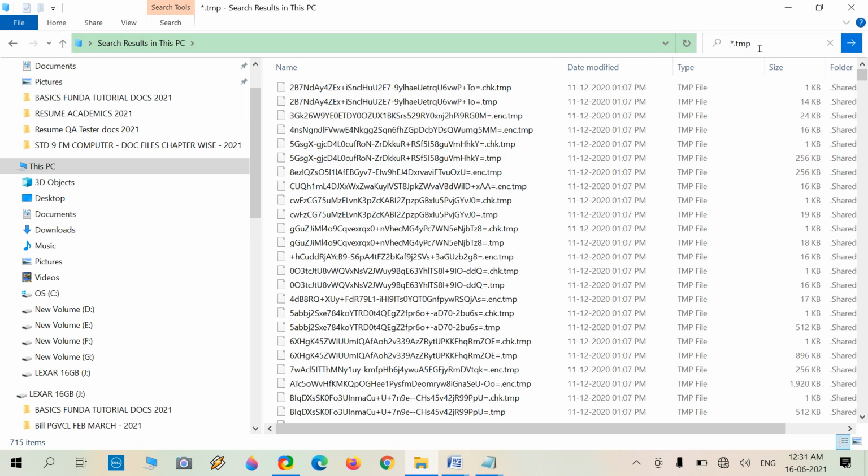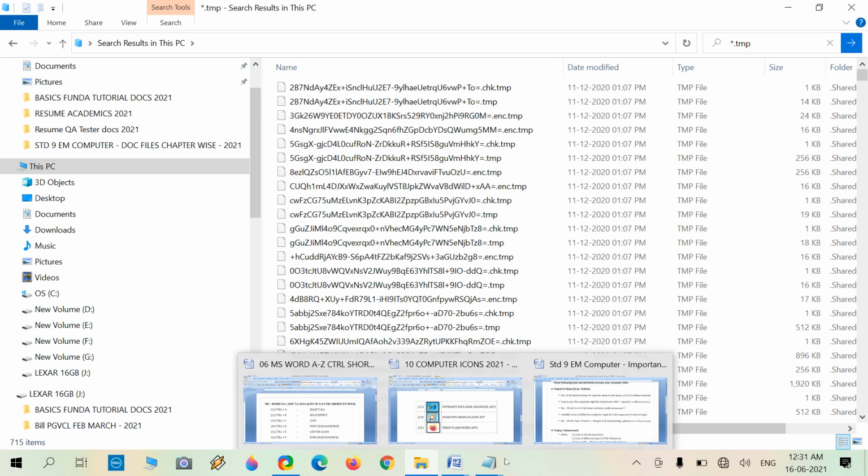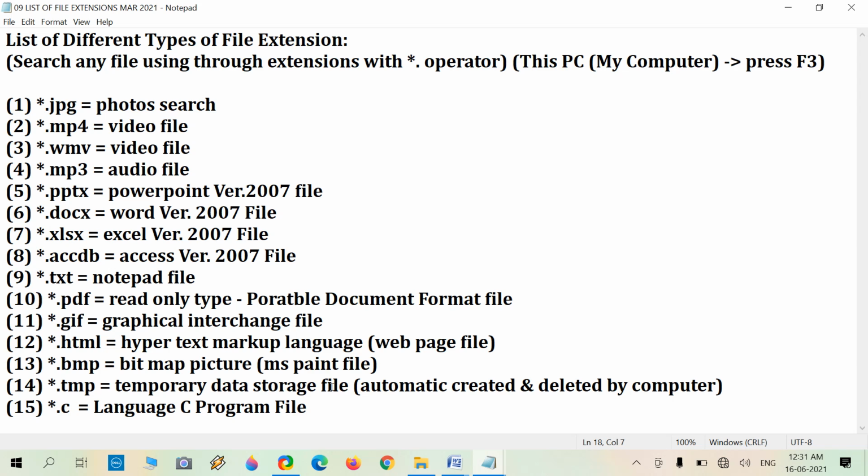Close it, and now we can also find a specific file through this list. Like BMP, we need to find an MS Paint file. Mostly drawing files, so many drawing files we can create, but we forget which kind of file we last created.